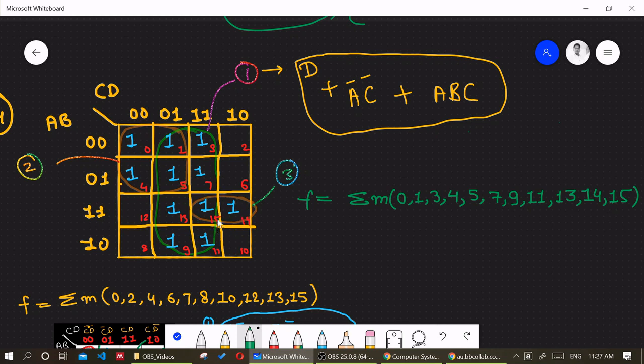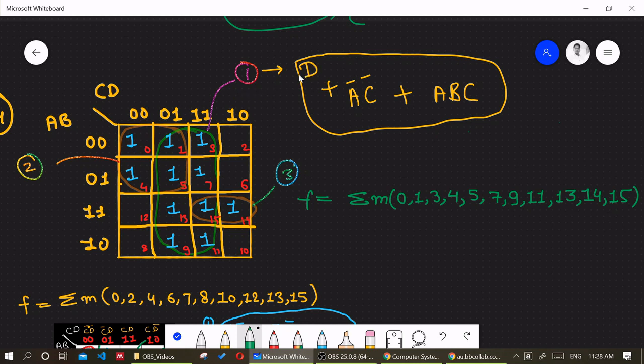Then you go for a pair. So in the pairing we are reusing this particular 1. So this is 1. Now we have to write the corresponding expression for every grouping. So this is 1 oct. So you are aware that when you are making a group of 8, then we reduce 3 variables. 3 variables are reduced.